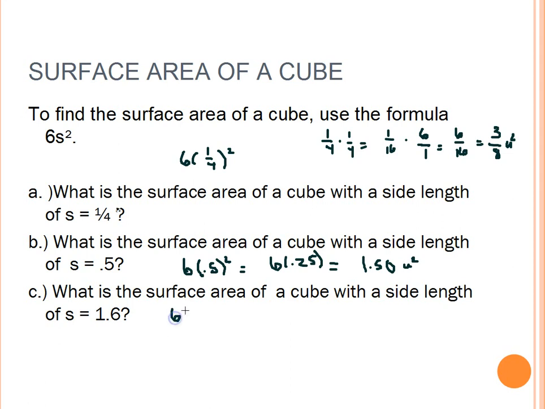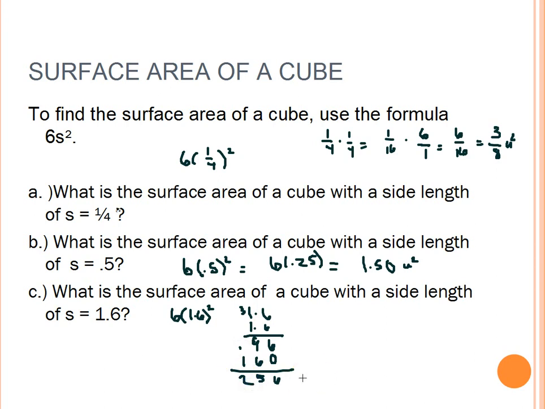And in the last problem, we do the same thing. We take 6 times 1.6 squared. So I have to do 1.6 times 1.6. For those of you using a multiplication chart, you can do 16 times 16. I'll go ahead and do it out the long way so you have it for your notes. 6 times 6 is 36. Carry the 3. 6 times 1 is 6 plus 3 is 9. And I do it again. This time, though, I got to put a 0 here because I already used that place value. 1 times 6 is 6. 1 times 1 is 1. And I go ahead and add them up. 6, 5, carry the 1,